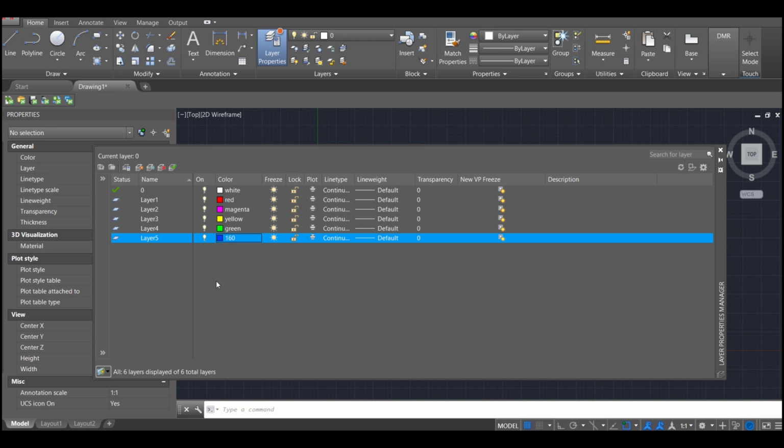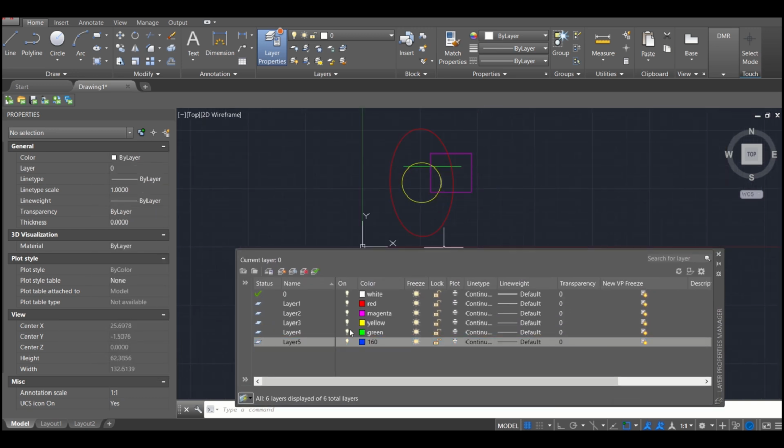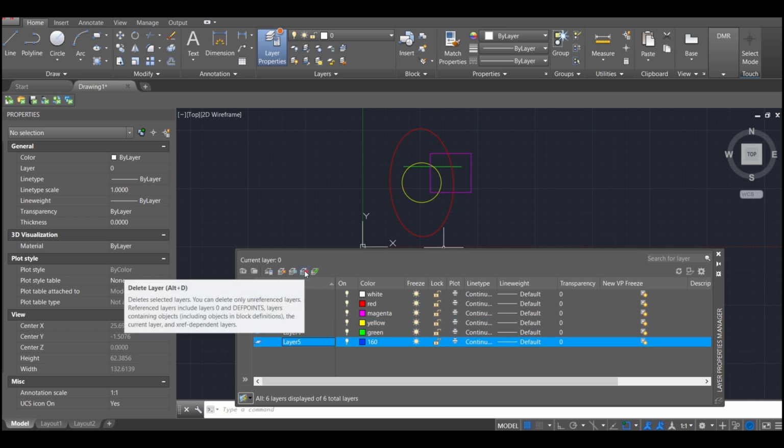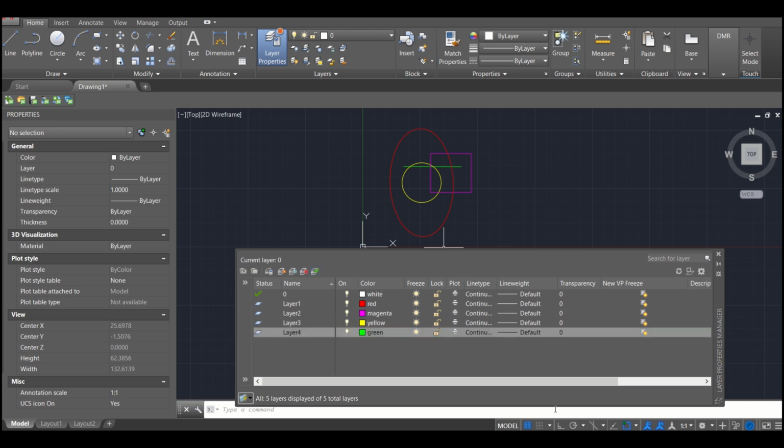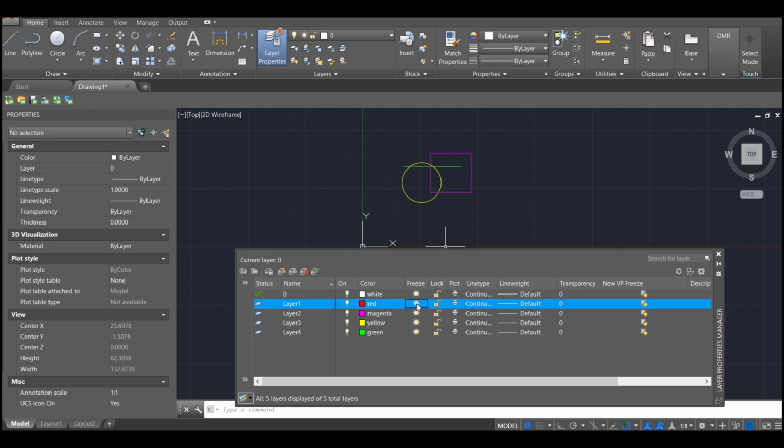Now let's go back to the layer properties. In this window, you can add or delete layers as you wish. Let's delete layer 5. Here you can turn on and off a layer, freeze or unfreeze, lock or unlock, allow it to plot or not, change the line type or line weight, adjust the transparency, and other modifications that you need to apply to